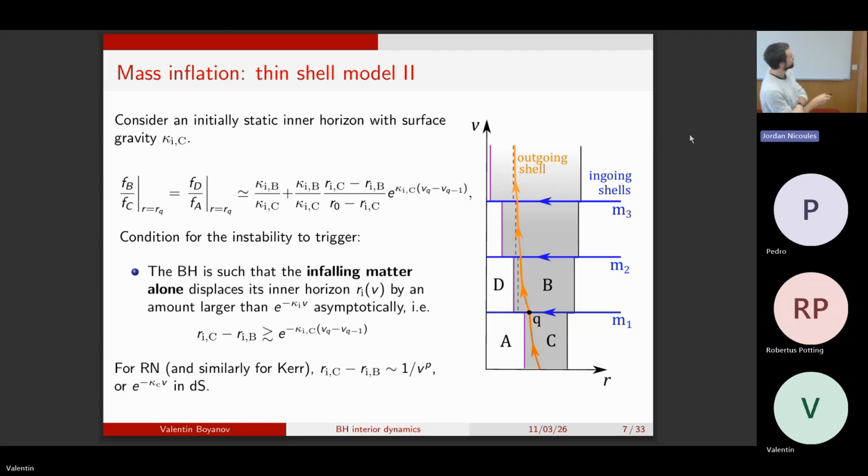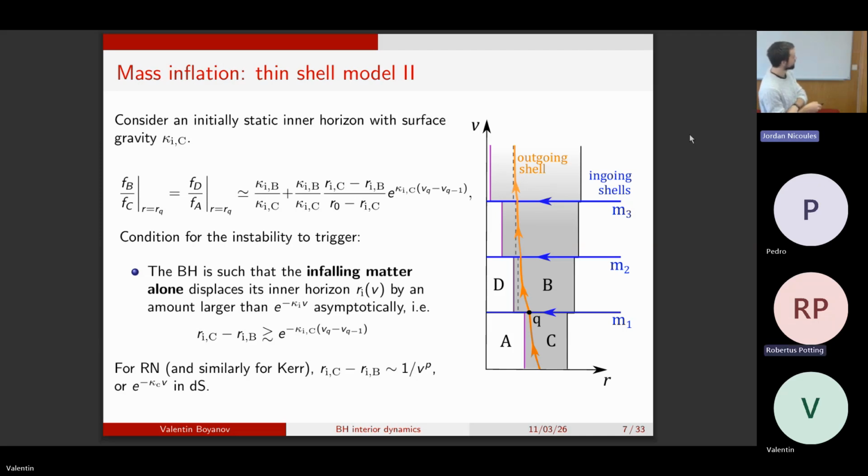Particularly, the prefactor that's most important is this difference between the inner horizon positions in regions C and B. So the inner horizon as seen from the outside, so from the extension of the exterior geometry, this difference between regions C and D, if this difference is any larger than this exponential here, then this prefactor doesn't compensate the exponential,